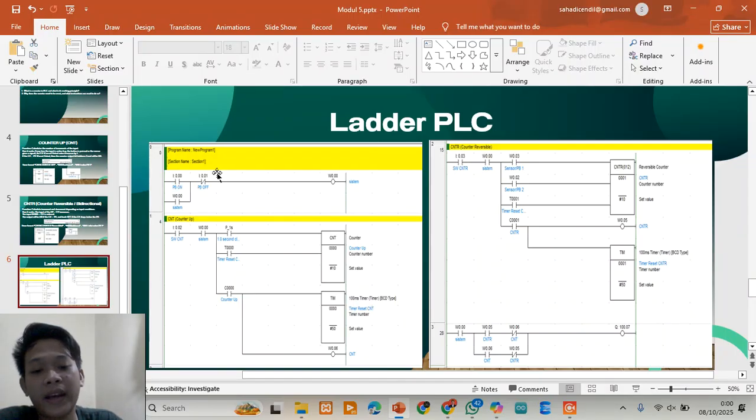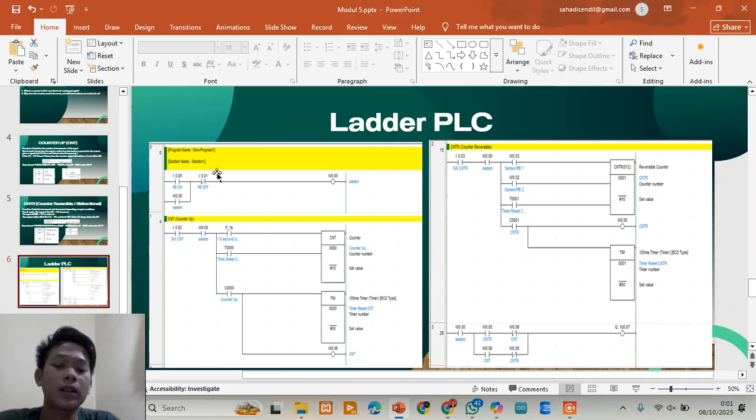You can see the value changing every time a button is pressed, making it easier to confirm that your ladder logic works as expected.